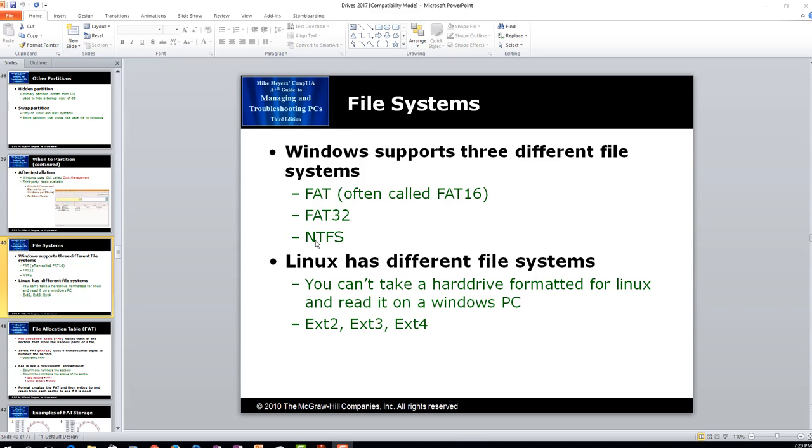NTFS stands for, it was an old term, Windows NT file system. It's a newer, more sophisticated file system. USB sticks are often FAT disks. You never see it, but on a Windows system it's NTFS. On